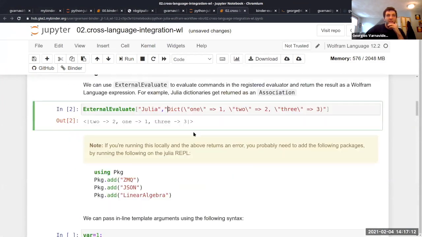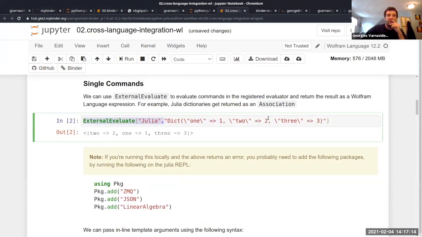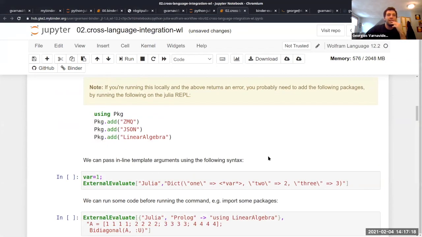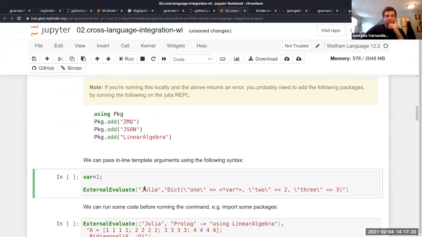Okay, so that was sort of a single shot, right? We're just sending a command to the Julia language and waiting for it to interpret the result and return it. The other thing that external evaluate allows us to do, which might be useful, is to pass inline some template arguments. So if we had variables or data that we wanted to pass, we can pass it using this template,